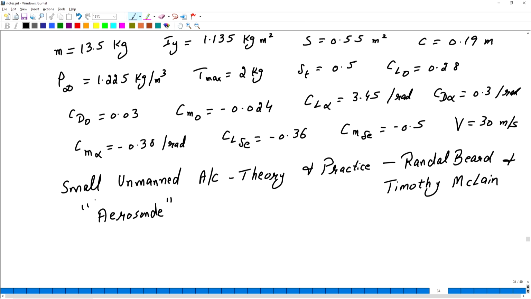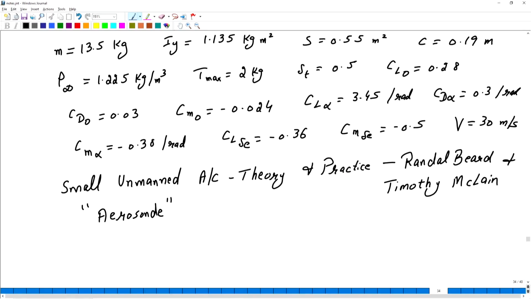So in the simulation, we will be needing an alpha trim and delta E trim. Now what is trim? When do we say that aircraft is in trimmed condition? The aircraft is in trimmed condition when the total forces and moments acting at the aircraft about CG are in equilibrium, that is 0. All the forces and moments about CG are 0. So that means the pitching moment should be equal to 0. Our aim next is to find what is alpha trim and what is delta E trim given the aircraft conditions.